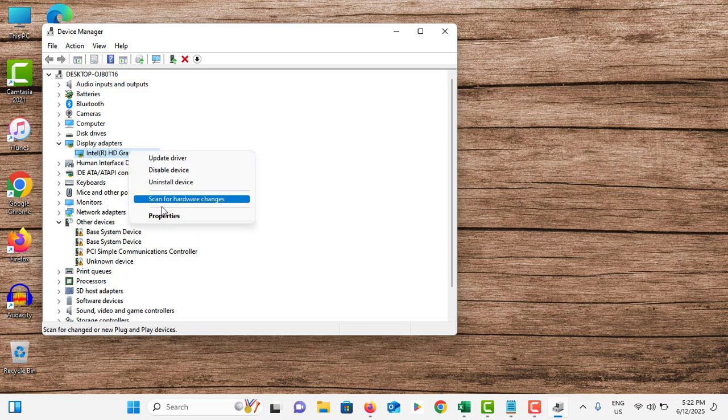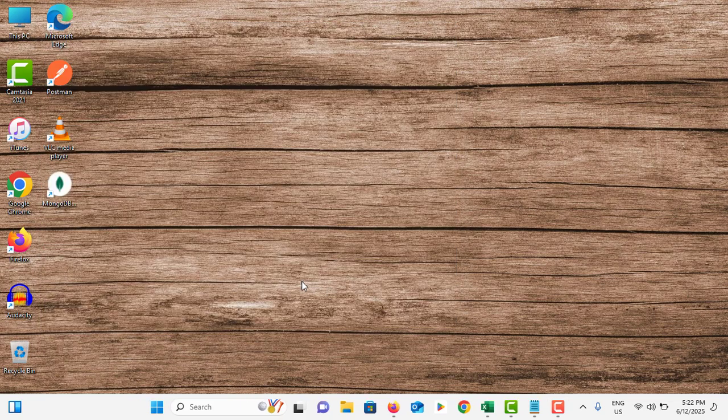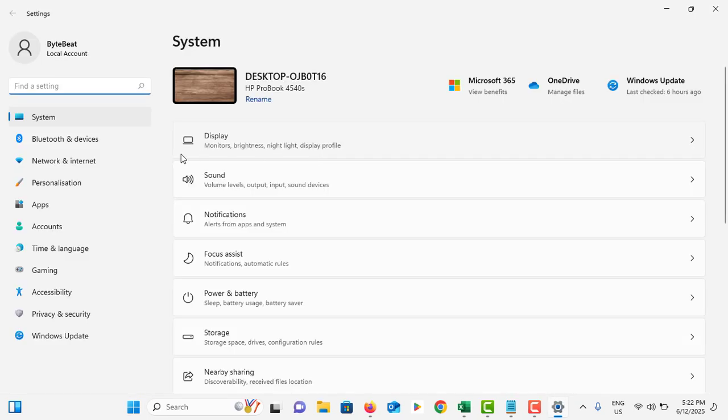And finally you can right click on it, go to properties, go to the driver option. If you installed the latest version of your graphic driver and then an issue happened, you can roll back the driver. And if you see magnification of your screen, you can again go to settings, left side menu, go